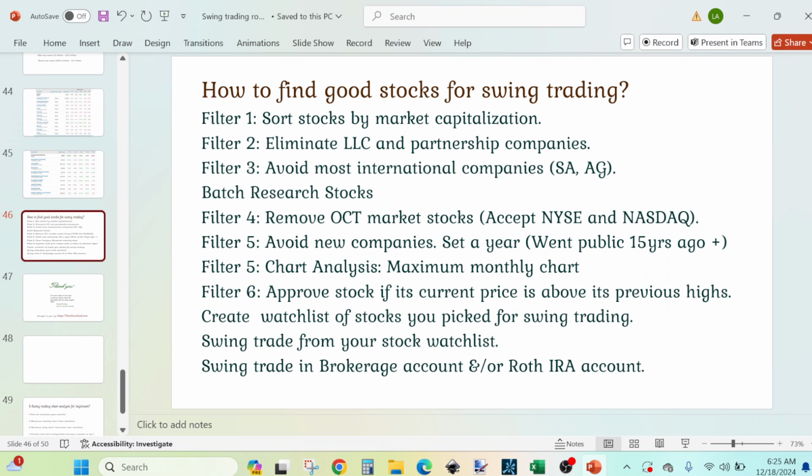So some stocks are now okay in our list. Partnerships and over the counter are a big no-no for me, and I was aiming for large cap. The same principle can be done for mid cap as well. I just aim for large cap, and I have them after eliminating those two, and later I use the chart